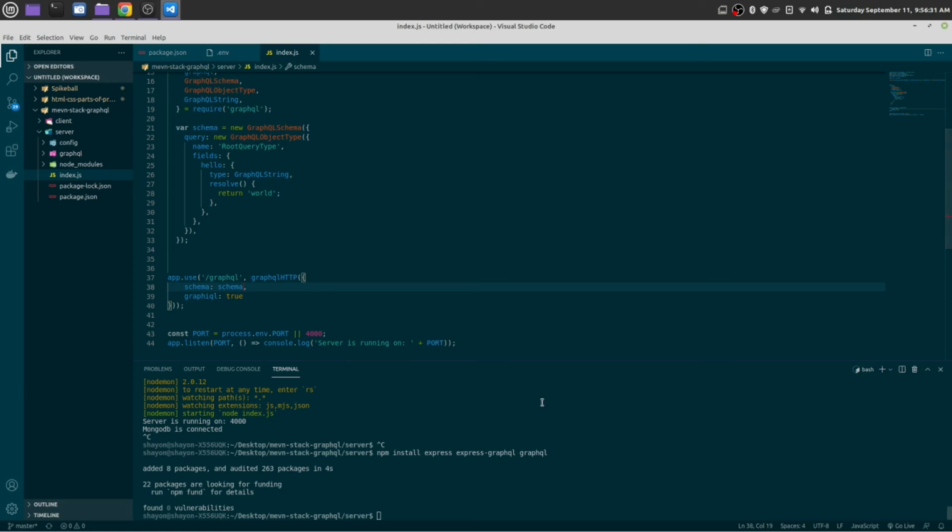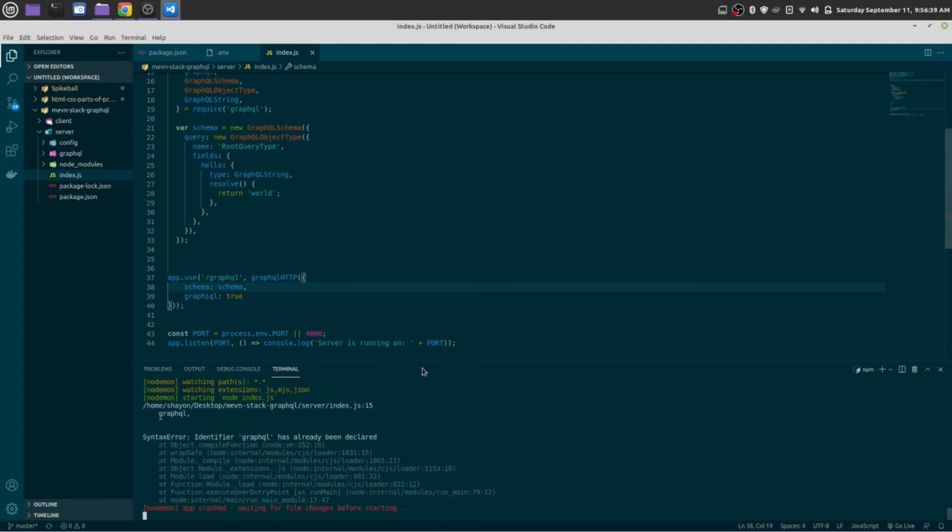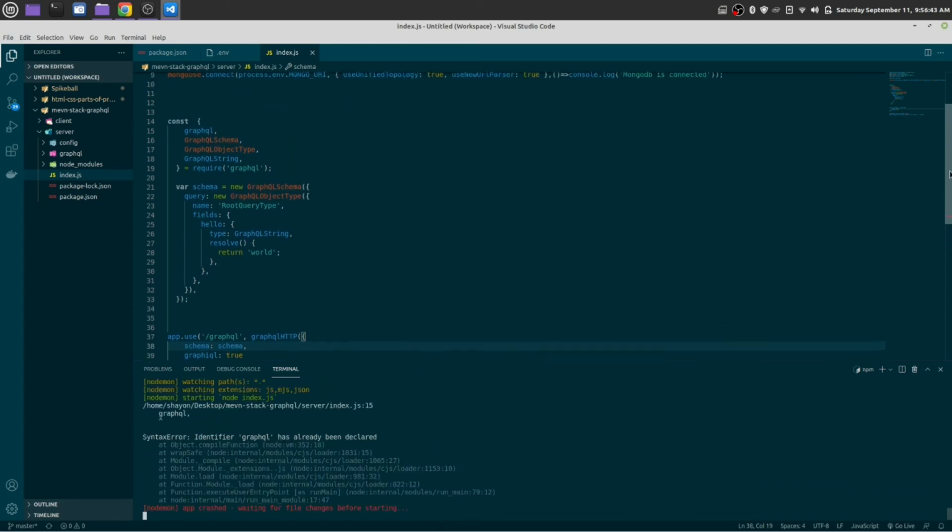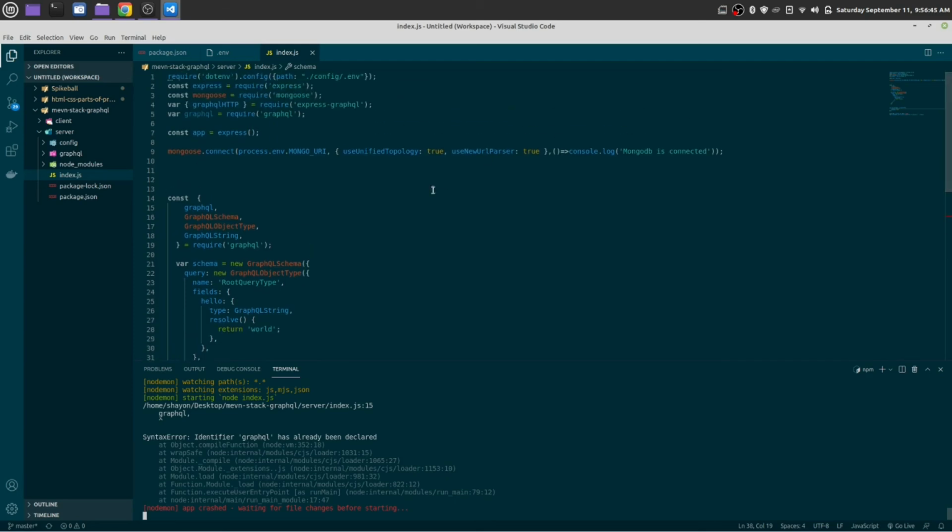Okay, so let's run the server. npm run backend. Okay, it's saying GraphQL has already been declared. So what we can do is, let me comment it out, and copy these four lines from this curly brace.